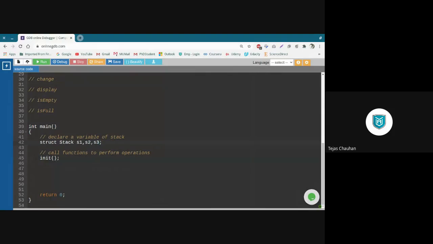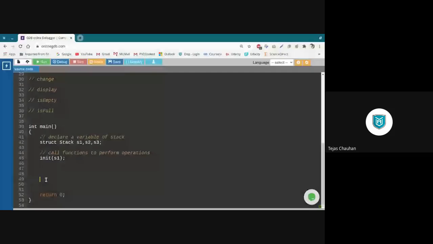If I do require, I can have multiple variables here. So when I call this init function, I need to tell that I want to initialize S1 right now. And for S2 and S3, I can have multiple init function calls from this place, right?